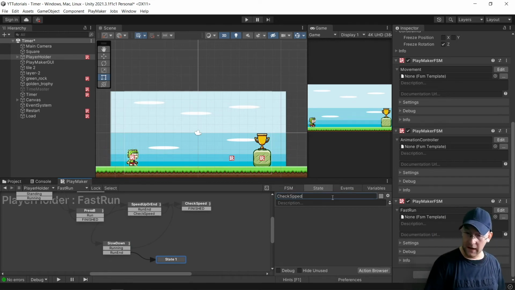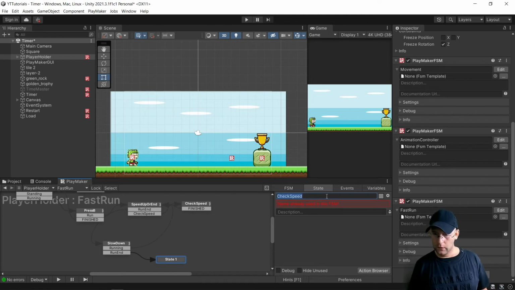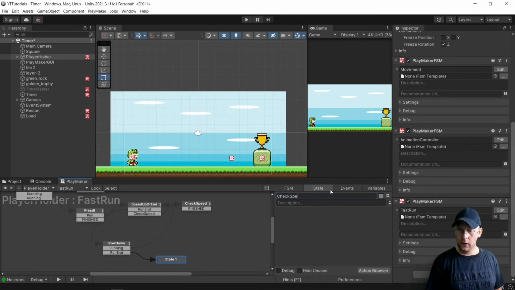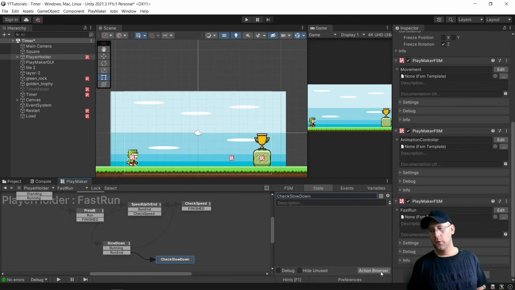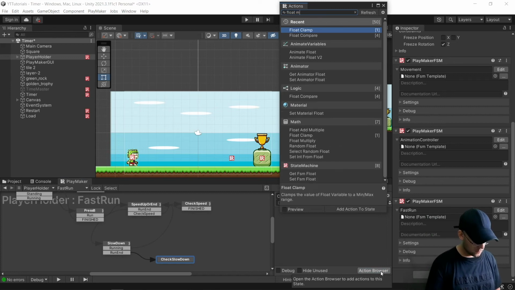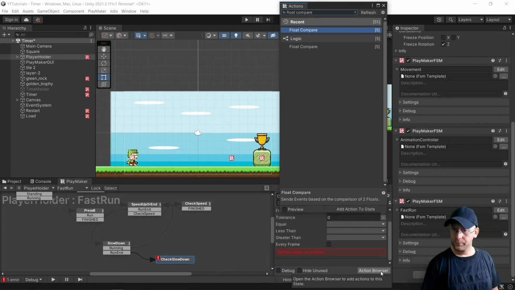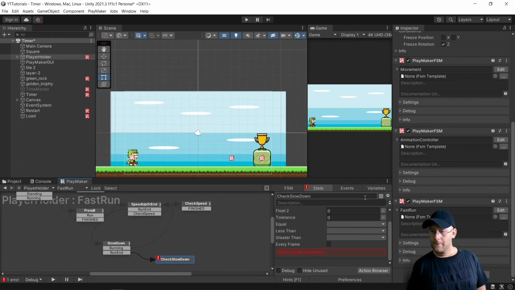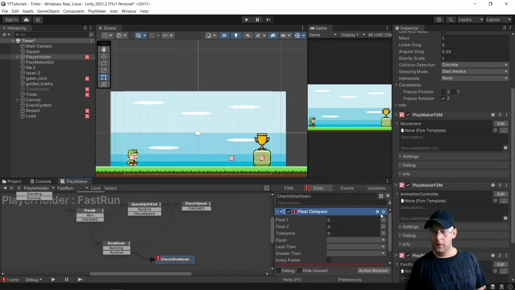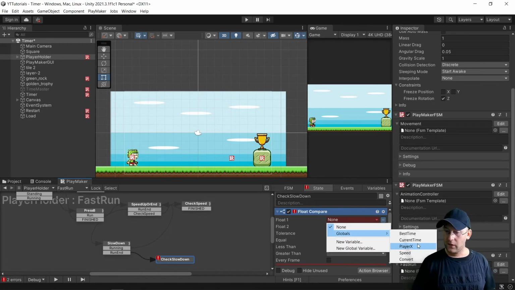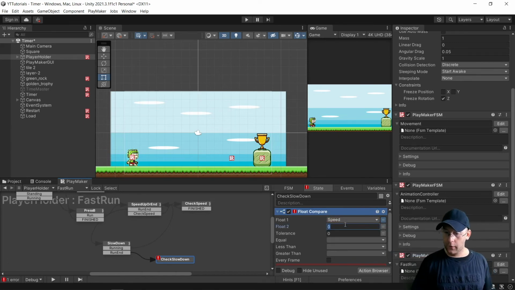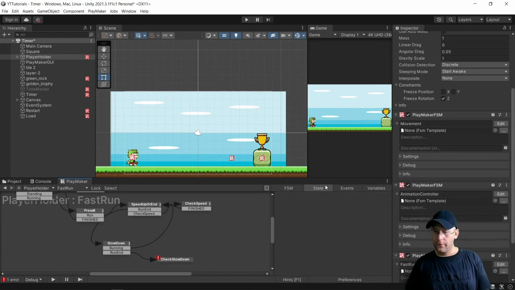check speed. Let's call it check slow down. And we're going to do here, we're going to have a float compare. And we're going to choose for value here, the float value for 1, float 1. We're going to set that to speed. Float 2 we'll put to 5. Now if it's equal to 5, we'll say